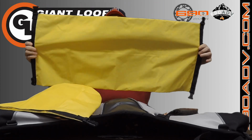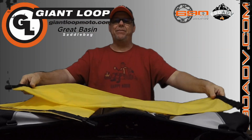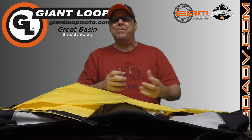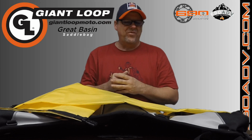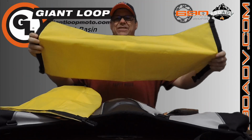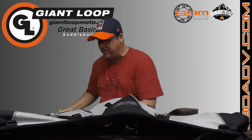Now, it's double-sided, which is really cool. So you can basically roll one side up. You can roll it up super, super tight to make it totally 100% waterproof, or you can make it a little lighter, but it sits up top so you don't have to worry about really any water getting in on the high side of the bag. Now, nice, it's big, it's pretty cool. It's very well built. I do like these pods, but let me tell you what I don't like about these